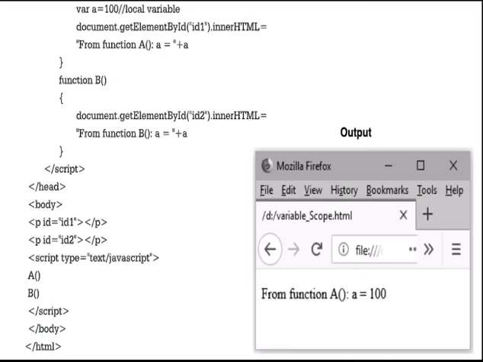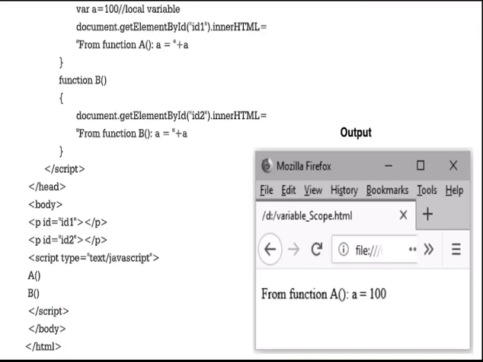What we are displaying is "from function a, a is equal to", and we want the value of variable a, so we write plus a. It will display "from function a, a is equal to 100". Since this variable is written inside that function, it is accessible within the function and we'll get the output. Then close function a.